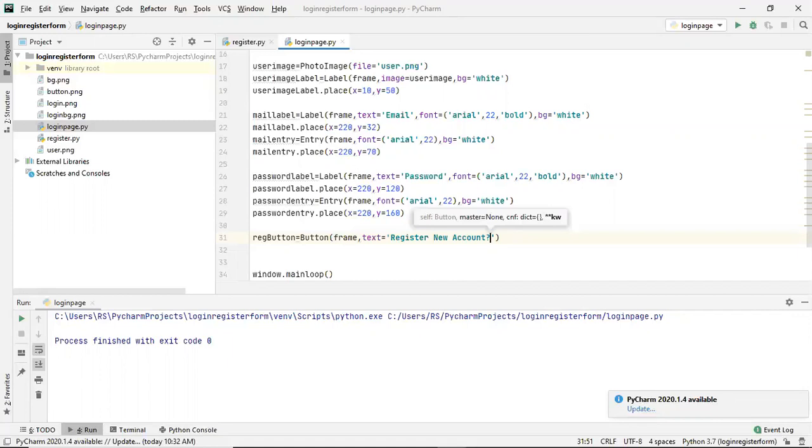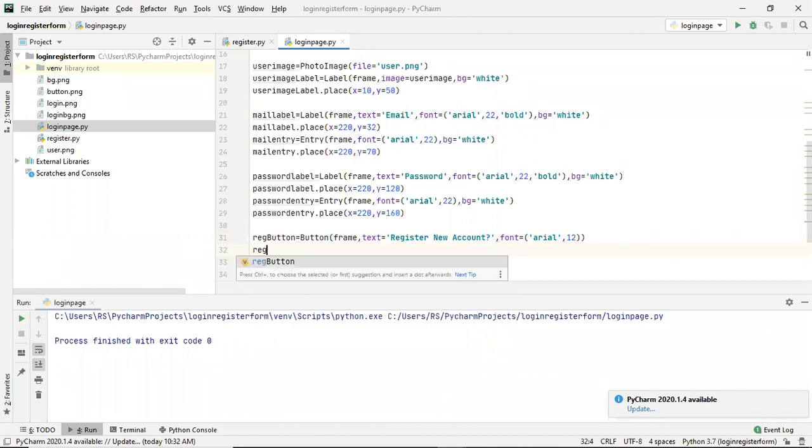And just after that I'll set a font for this text. So font here that I'll be using is Arial, size is 12. Okay, next thing is I'm simply going to place it.